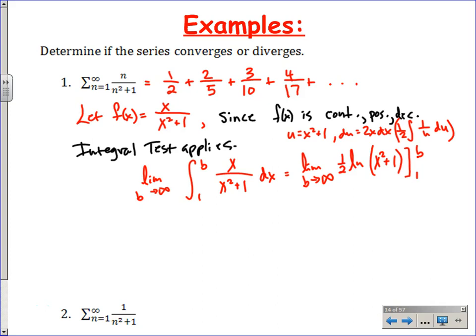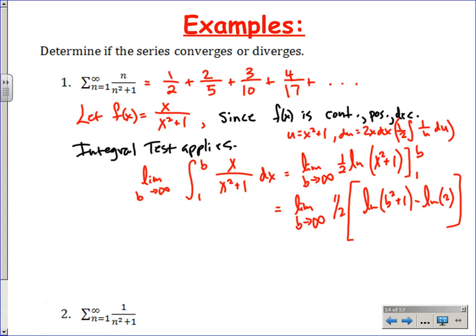That's fine. I mean, it wouldn't be, but on a multiple choice, it'd be fine, right? Because is the 1/2 really going to make a difference? I don't think so. And then as b goes to infinity of 1/2, we're just going to pull the 1/2 out. ln of b squared plus 1 minus ln of 2. I'm going to infinity. So if it's going to infinity and beyond, what can I say? Therefore, if the integral diverges,